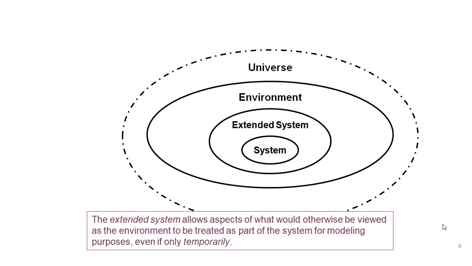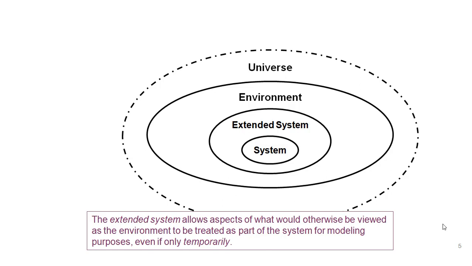For a patient's system, that could be their socioeconomic status, their job, the environment in which they live. All kinds of environmental variables could be very, very important to an understanding of a patient or an organismic system. We don't try to say those factors are part of that system. That would be silly. But there are extended environmental variables that are very, very important to our engineering, and we consider those the extended system.